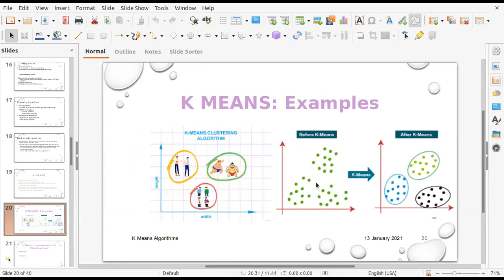These are some of the examples, like these are some of the items you'll find in the first diagram, that there are some people, some pailwans and some short people. And so when we say that we are forming a cluster, all these people with low height will be put into one cluster. All the normal people probably will be put into another cluster, and all the pailwans will be put into another cluster, kind of thing. So the question is how you're going to do it. So this can be done only with the help of the attributes of those people.